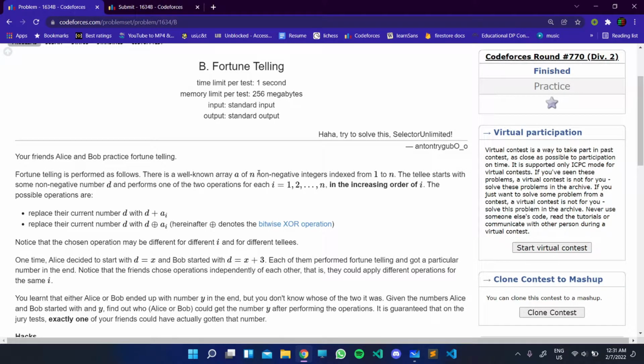as follows. We have an array A of size n and it consists of non-negative integers. Those are indexed from 1 to n, and we are given a non-negative number d and we start performing the operations with it. So for each index in the array we could perform the following two operations: we could replace the current number d with d plus ai, or we could replace it with d XOR ai, where XOR